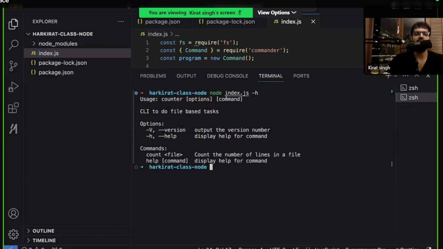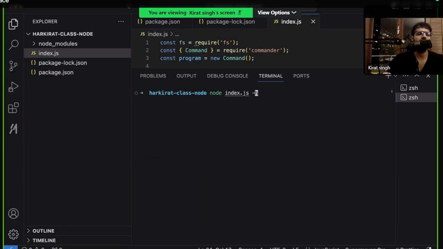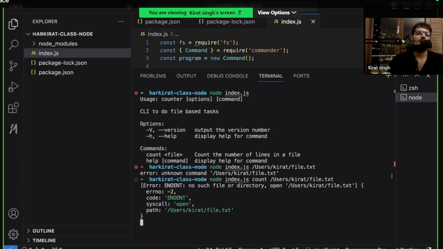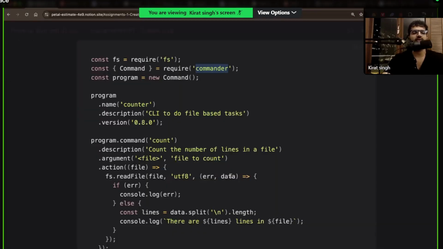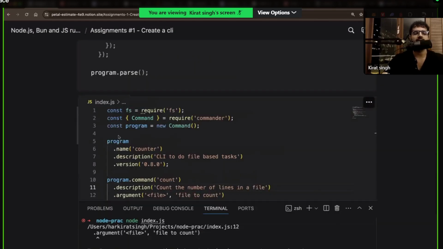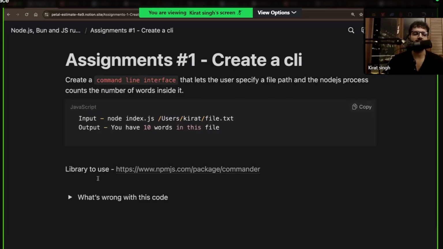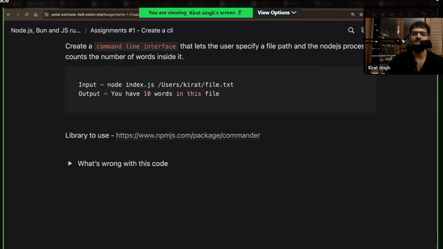If I run node index.js -h, it shows me these are the commands that I can run, which takes a file as an input. And if I run node index.js only, that also works. And if I give it a path, count. It does work for me locally now. I don't know why I was seeing this. Sorry, guys. Seems like it works. I don't know why it was not working for me locally.